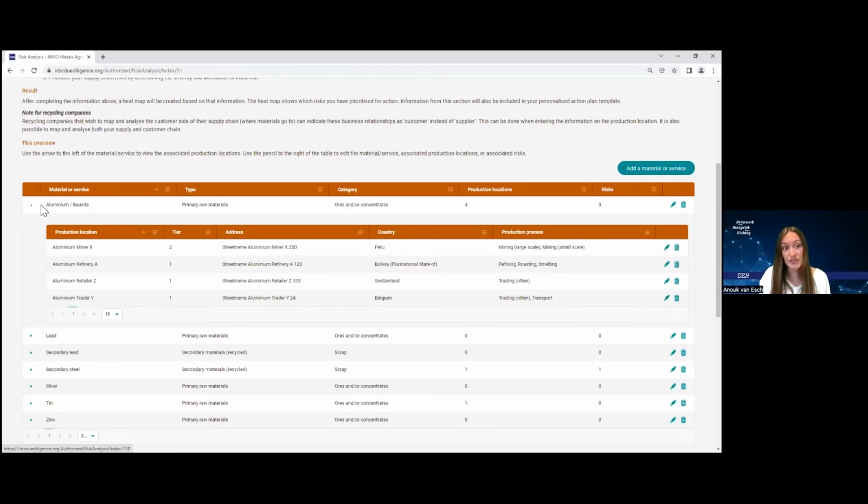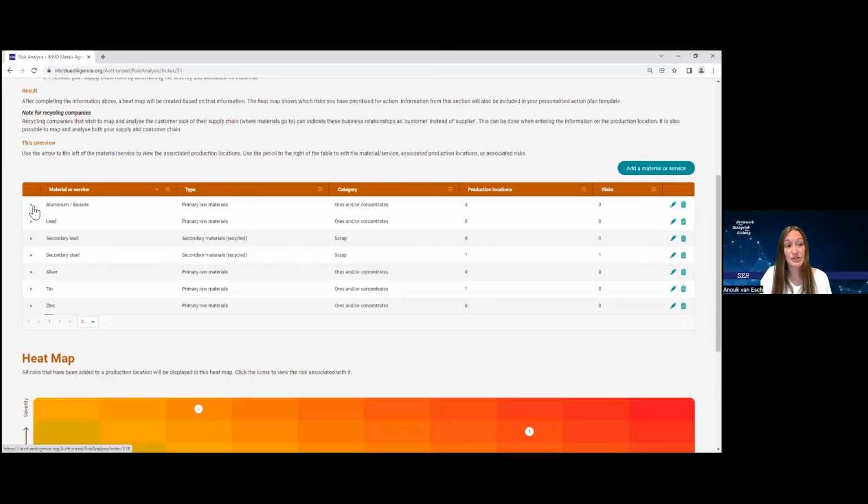With this information, the materials combined with the countries or the production locations, we ask the companies to add international RBC risks or due diligence risks. Those are risks for human rights, labor rights, or the environment. We also ask the companies to scale them based on severity and likelihood. The scaling of severity and likelihood can be based on reports, databases, but also on consulting other agreement participants like NGOs or trade unions.